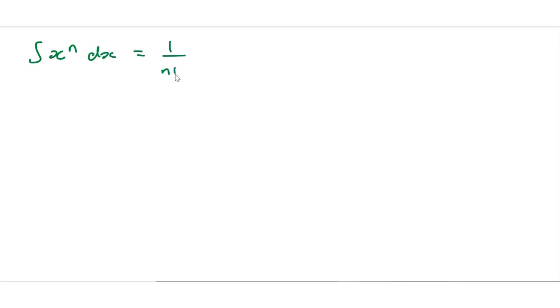Integration results today. When thinking about these, if you're trying to guess them, think about what would differentiate into the thing in the integral, and that's what we're trying to find. Okay, so the integral of x to the n dx is equal to 1 over n plus 1 x to the n plus 1 plus c,